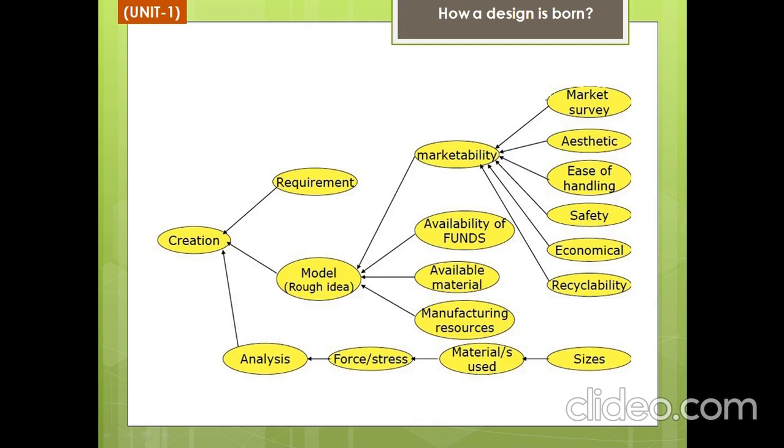Depending on the size, the material requirement is decided. Which material is required: aluminum or steel or cast iron or any one material, ductile material or brittle material. Depending upon the sizes and force analysis, we are able to know which type of material is required for this product. All these things come under the analysis. So it is a type of stress analysis. After doing a stress analysis, after generating a rough idea about the model, and